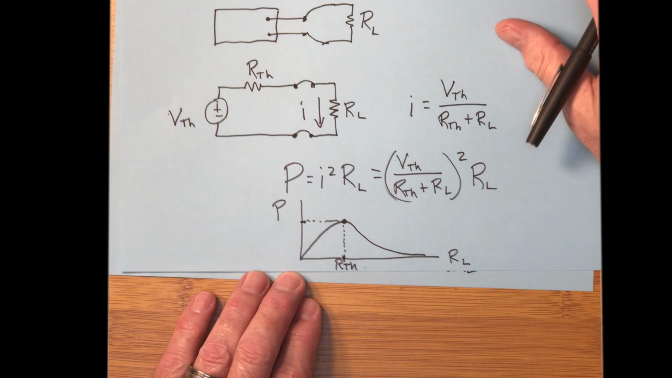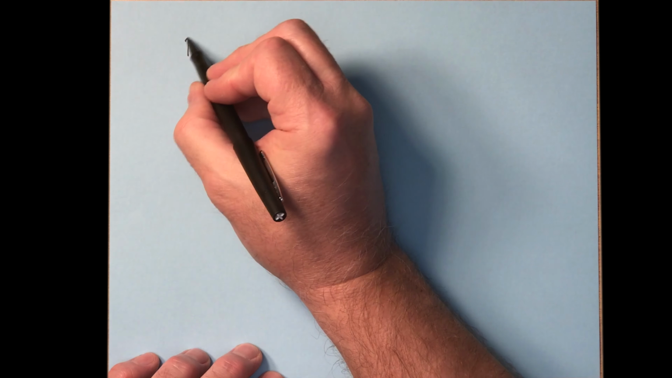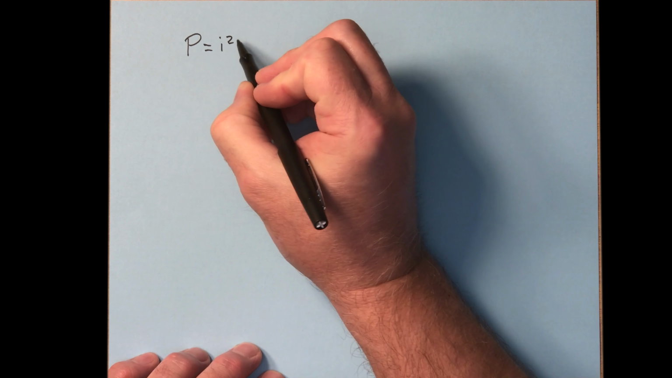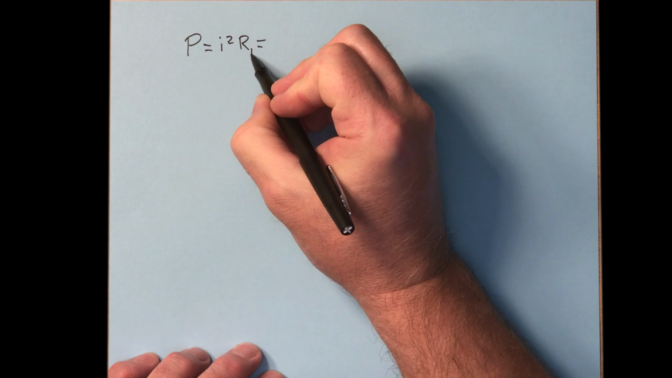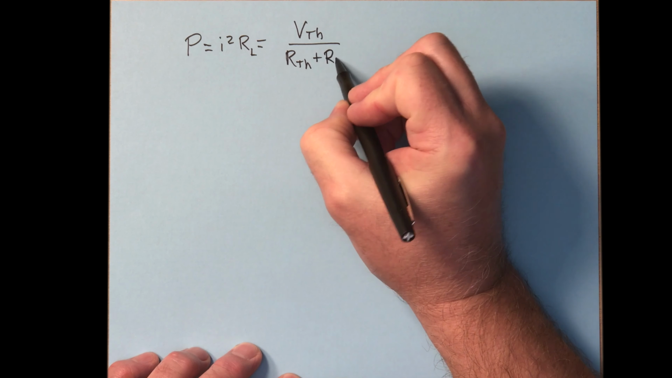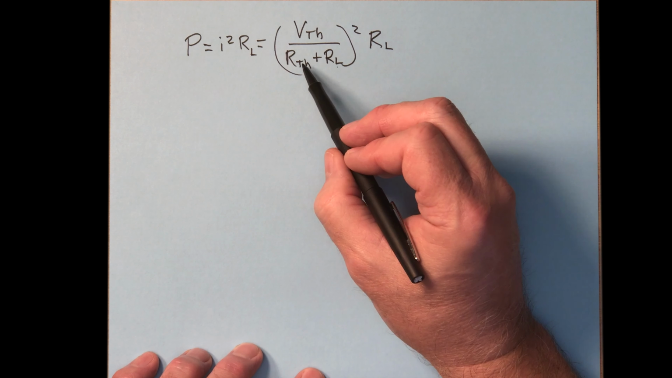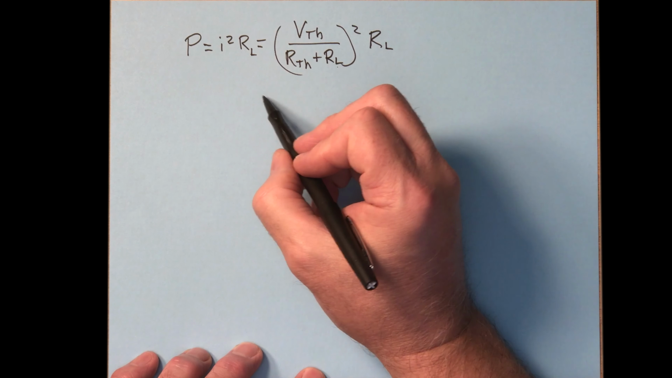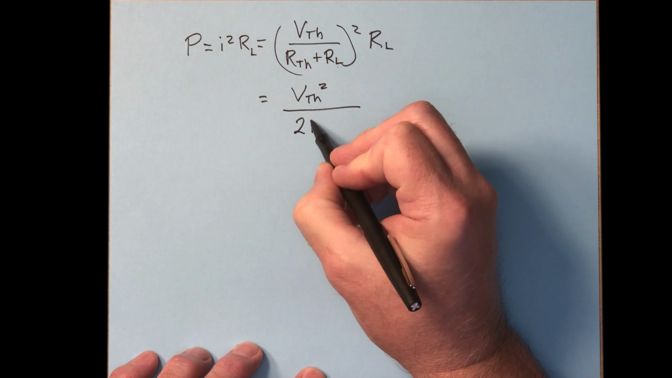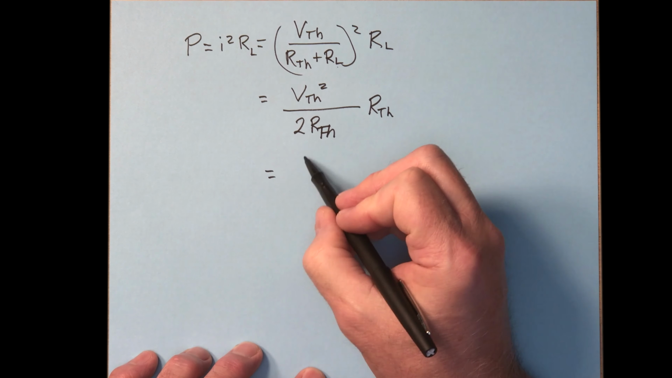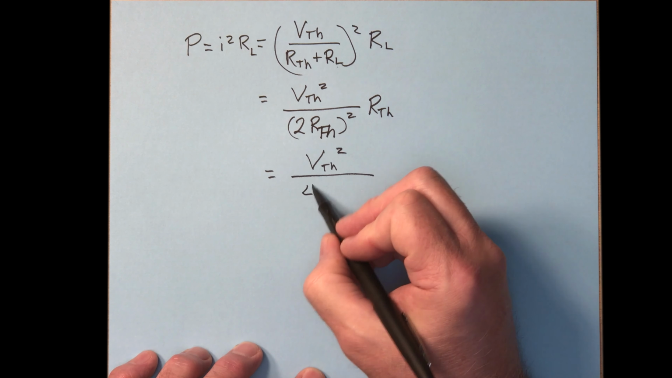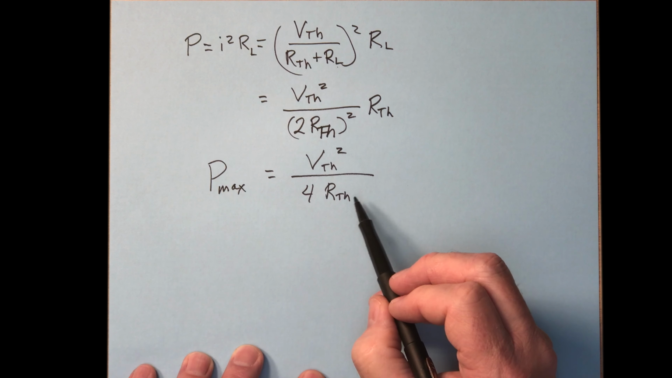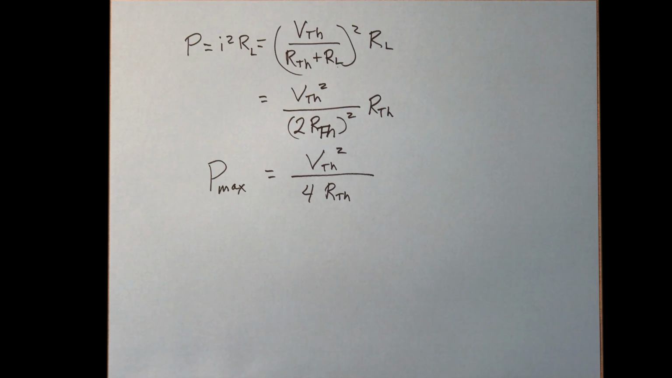And then what is that maximum power? Well, once again, the power equation was I squared R sub L. Substitute in RTH for R sub L, and you end up with that's the maximum power. So the maximum power theorem says this: you will get a maximum transfer of power when